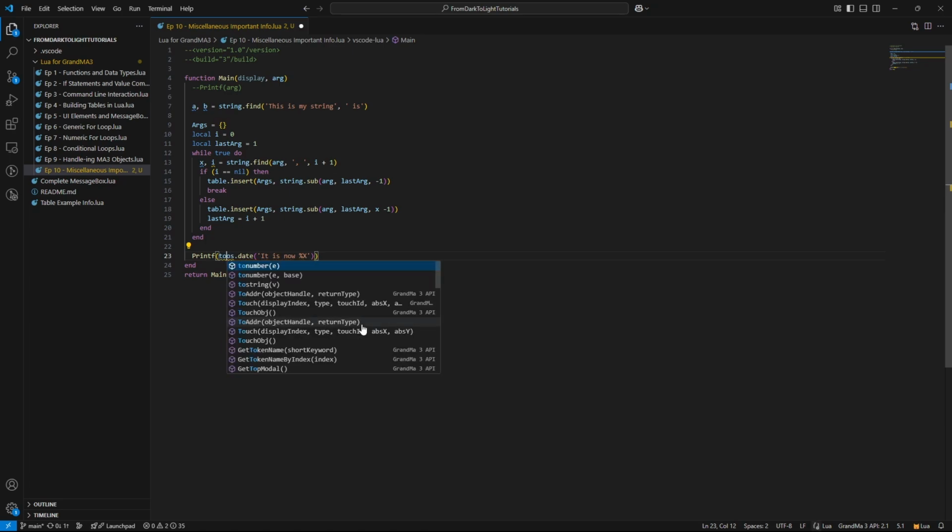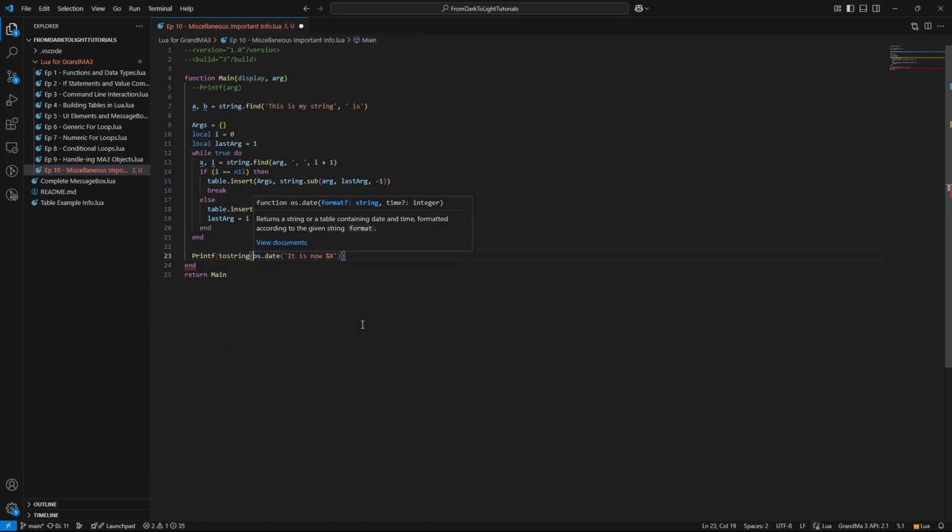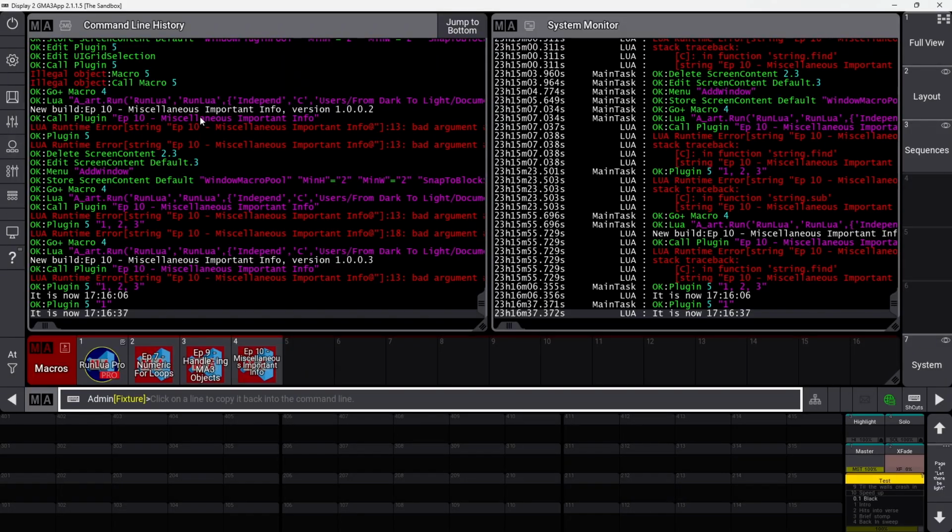It's clearly working just fine, but you can fix that by putting it into string, and then it will not be giving that error. One thing to be knowing is it works just as you would expect on PC, but if you are using it on a lighting console, in my experience, Lua pulls whatever your console has universal time set to. Actually, let me just show you what I'm talking about.